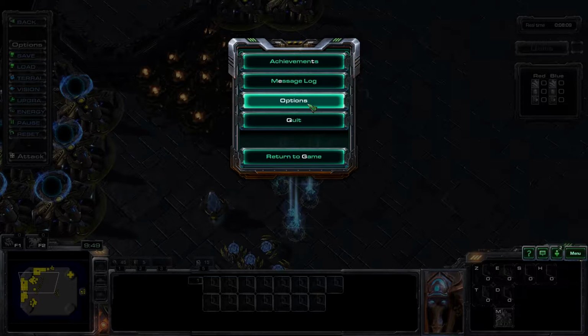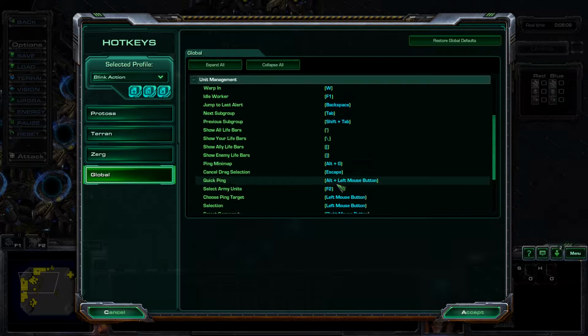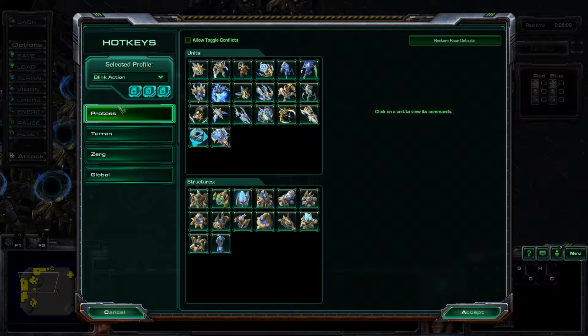You wanna go into the options, hotkeys, global, unit management, choose ability or AI target. So now you need to choose your rapid fire key. This can be any key you want, and you need to bind it right here. After you do this, you press accept, go back into the hotkeys,